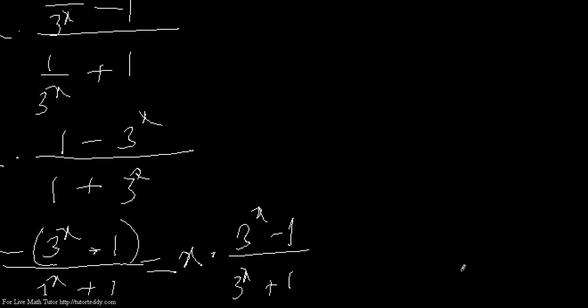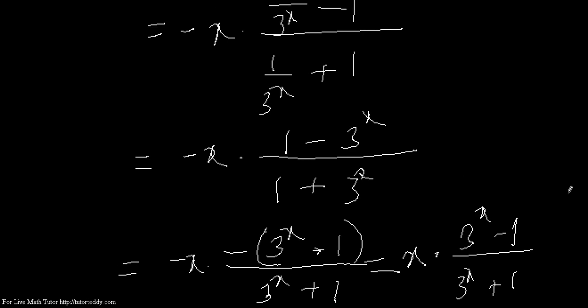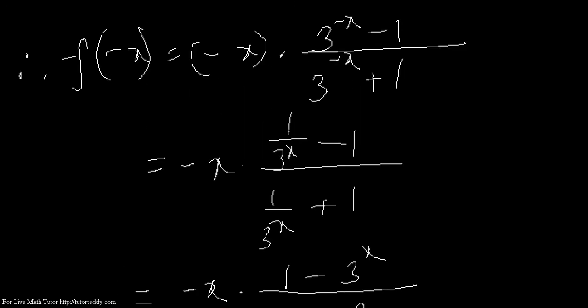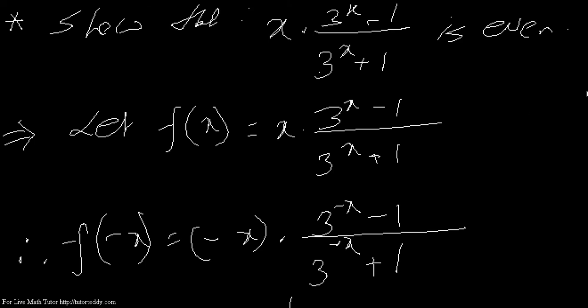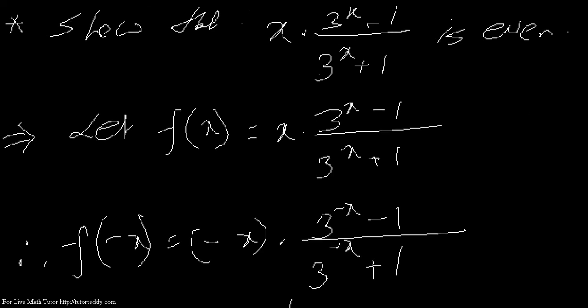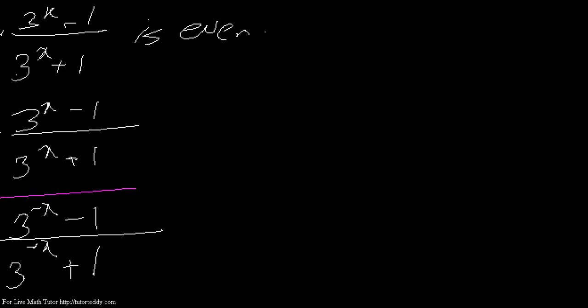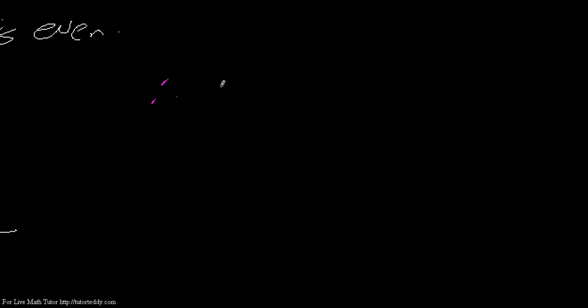And you can see that f(x) is equal to f of minus x. f of minus x is this, and f of x is this one, which you can see that both of them are equal. Therefore, we can write f(x) equals f of minus x,